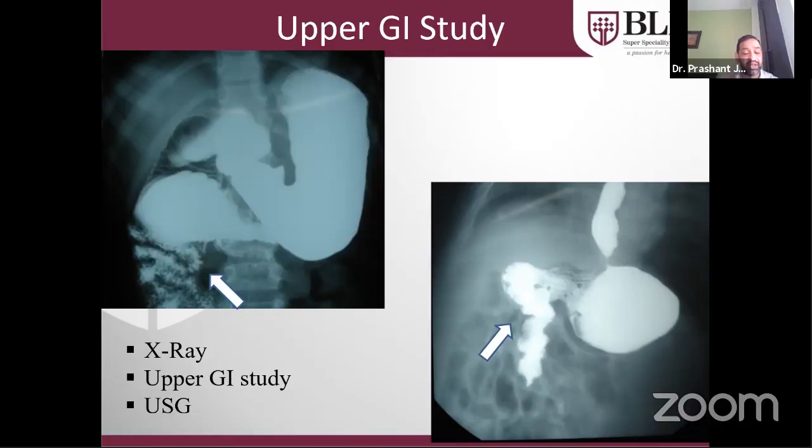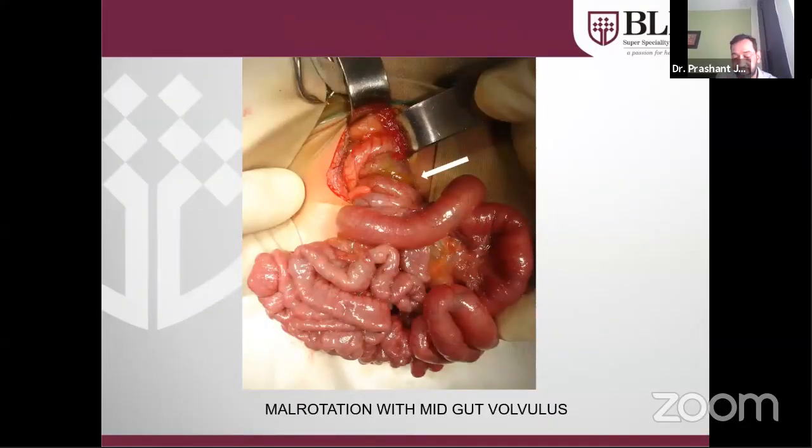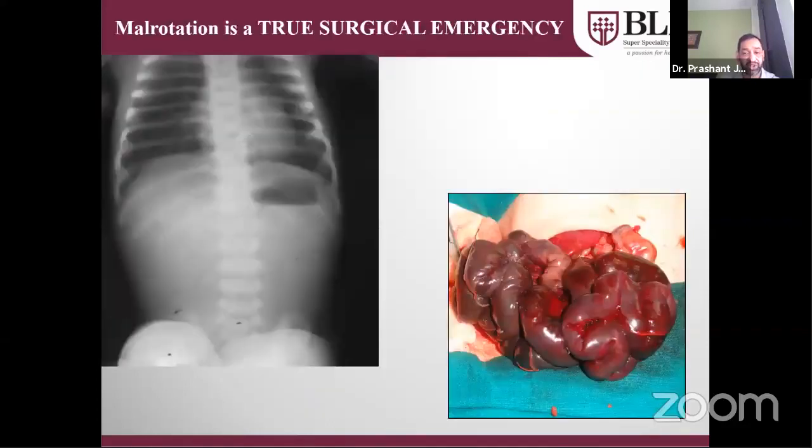Also, sometimes you can get a classical whirlpool sign in these patients with midgut volvulus. So when this child was explored, you can see there is a midgut volvulus. Fortunately, the gut is viable and the vascularity of the gut is intact. So we derotated the volvulus, and we released all the Ladd's bands, what we call the Ladd's procedure, and